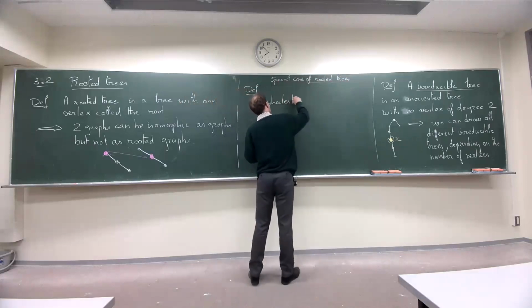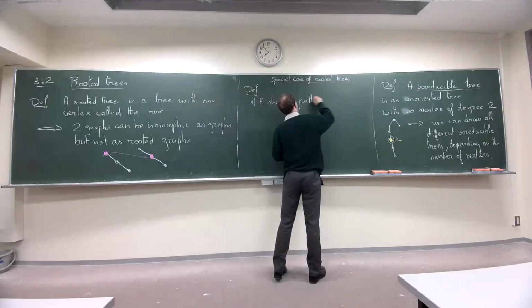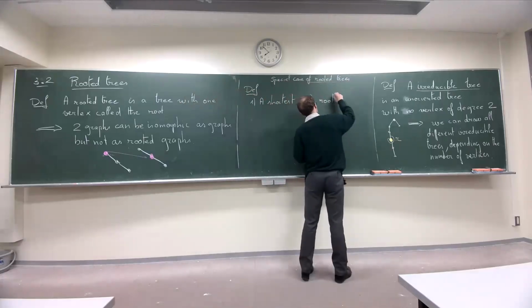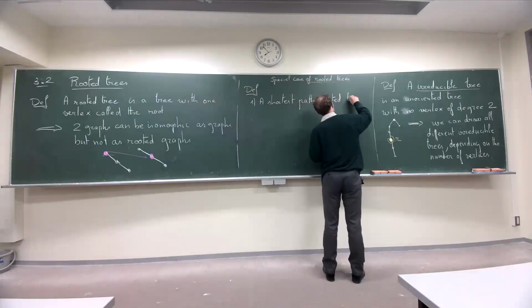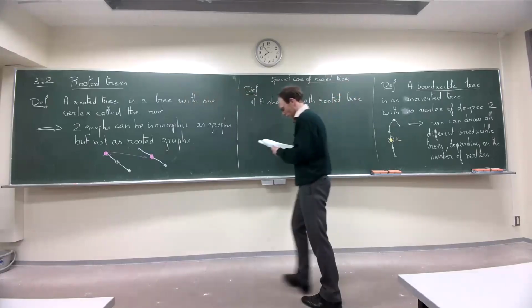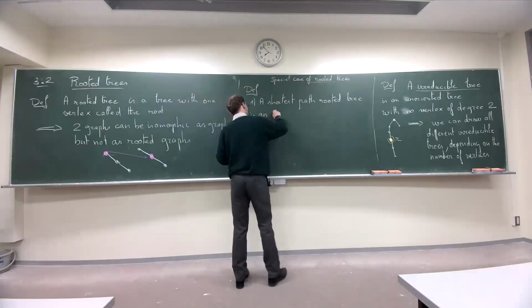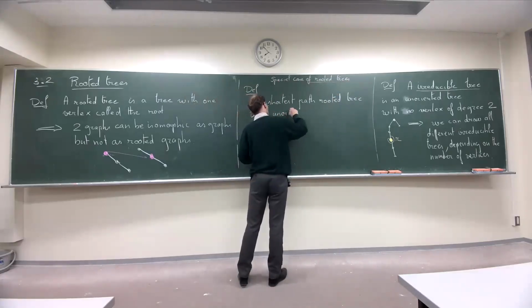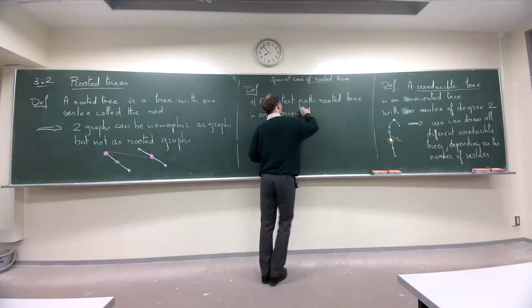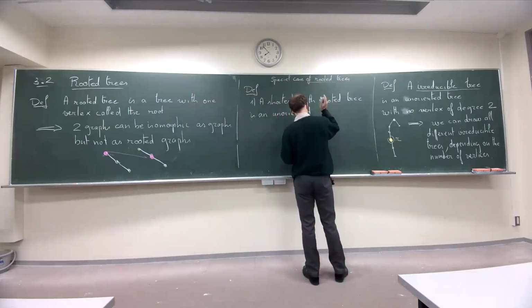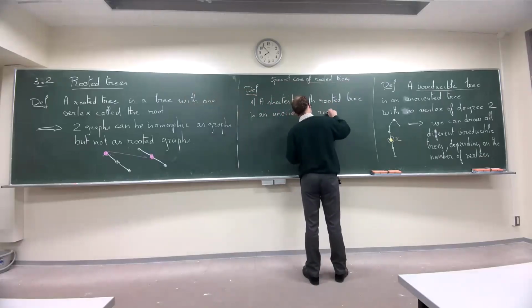Shortest path rooted tree, so it's a name. It is an unoriented graph. There is no orientation. Oh, no, sorry, an unoriented rooted tree